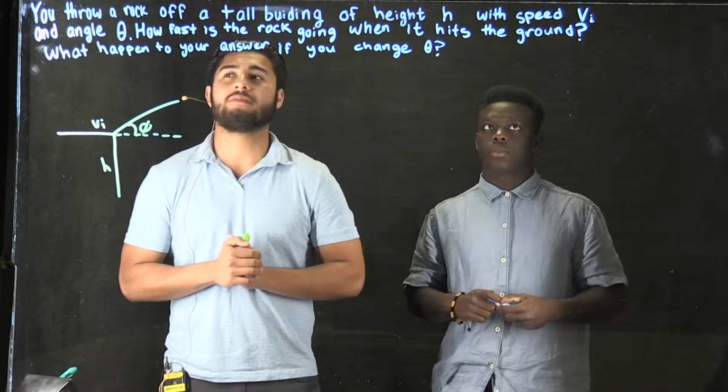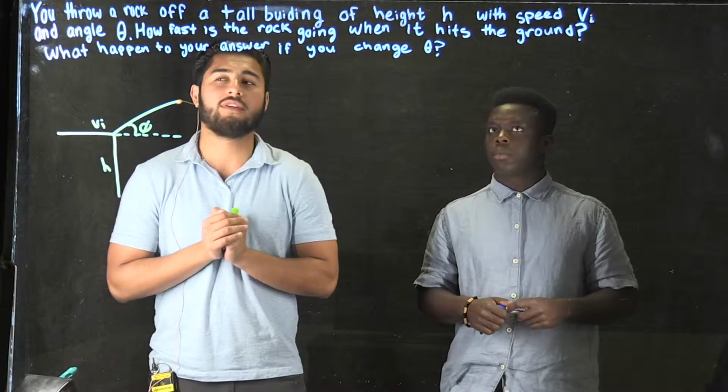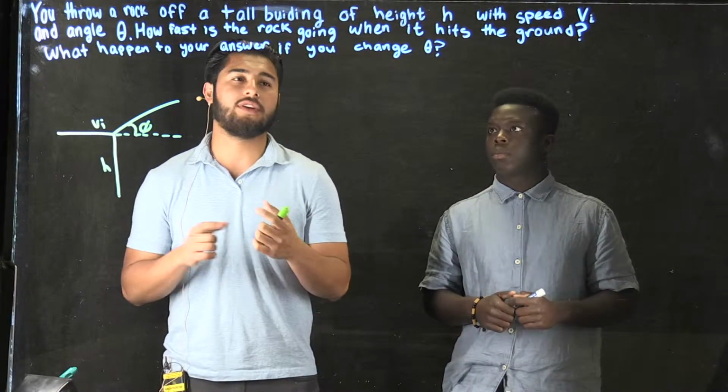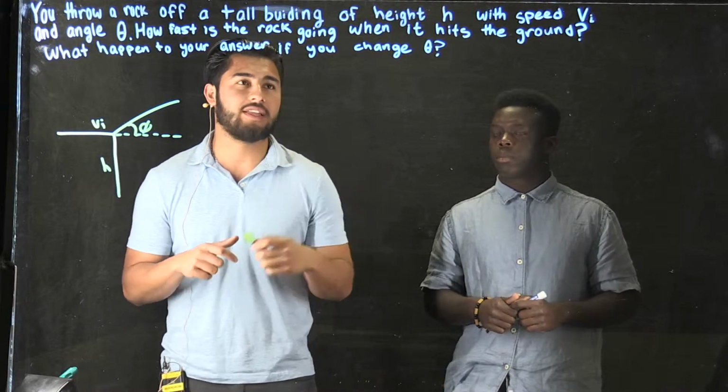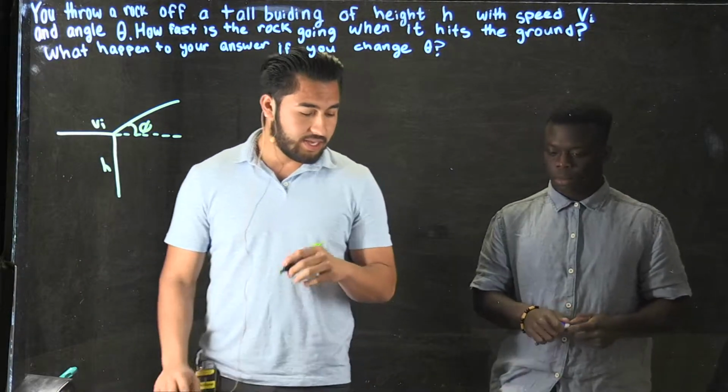of height h with the speed vi and angle theta. How fast is the rock going when it hits the ground? And what happens to your answer if you change theta? So pretty much we're going to be using the conservation of energy formula, and it's